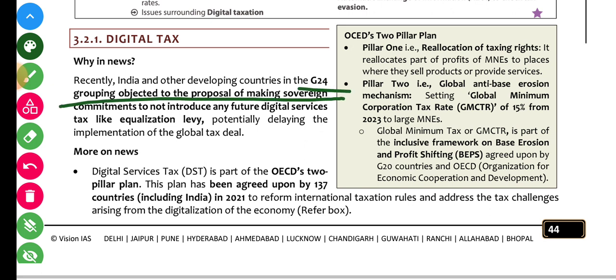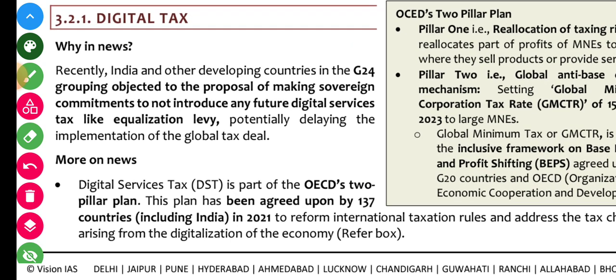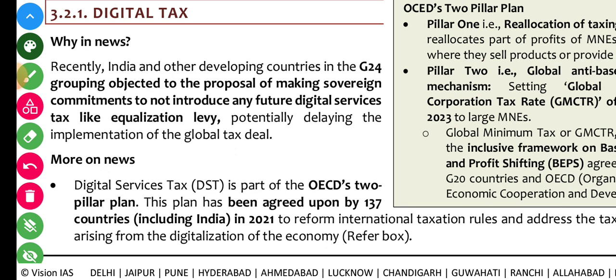The G24 grouping objected to the proposal of making sovereign commitments to not introduce any future digital services tax like the equalization levy, which was levied by the government of India at 6% on multinational companies, digital multinational companies like Google, Microsoft,